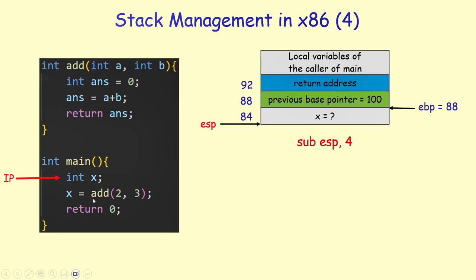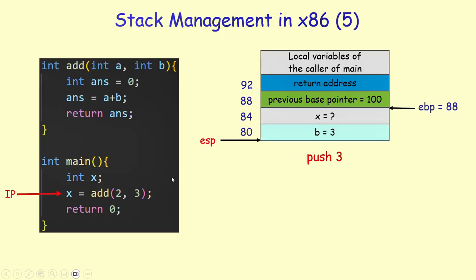So we are making a function call to a function named add that has two parameters, a and b. So that means we need to supply two arguments, and we are supplying the arguments 2 and 3. In x86, by default, all arguments to functions are passed in the stack. So they are pushed to the stack from right to left. So we need to first push 3, and that's the next instruction. As you can see, push 3 simply pushes 3 into the stack, and that's going to be the value of b when we start executing function add.